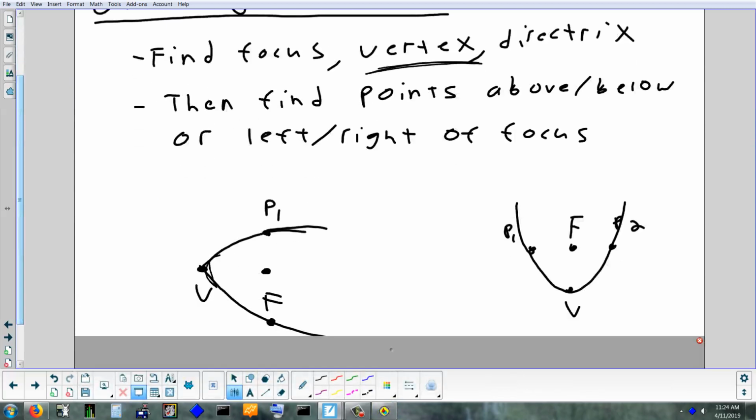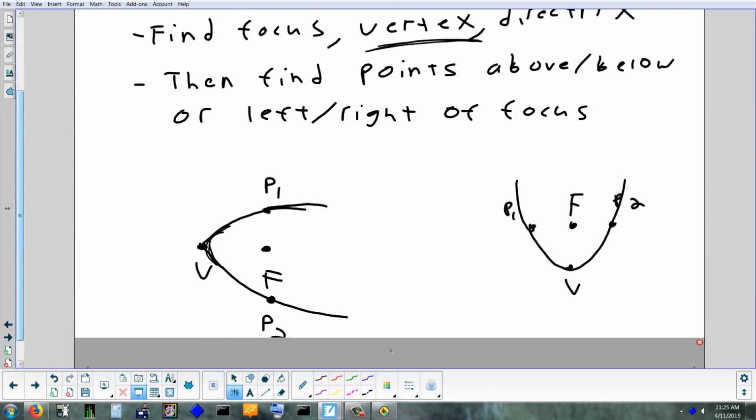Now, having the vertex, that's good, but you really need probably about 3 points to sketch a parabola with the amount of accuracy I would like you to have. So, if you know the focus, if you can find another point above and below, that'll give you a pretty good